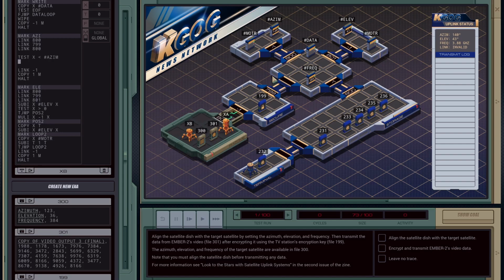yeah, I mean, I might just do this the quick and dirty way now, because I've just spent too much time, I think, on this. I really do want to do it the nice way, but I also just want to get this done. So I'm going to test if X is less than asim. If it is, that means that the value we need is lower than the value it currently is, so we need to send negative numbers in. So,